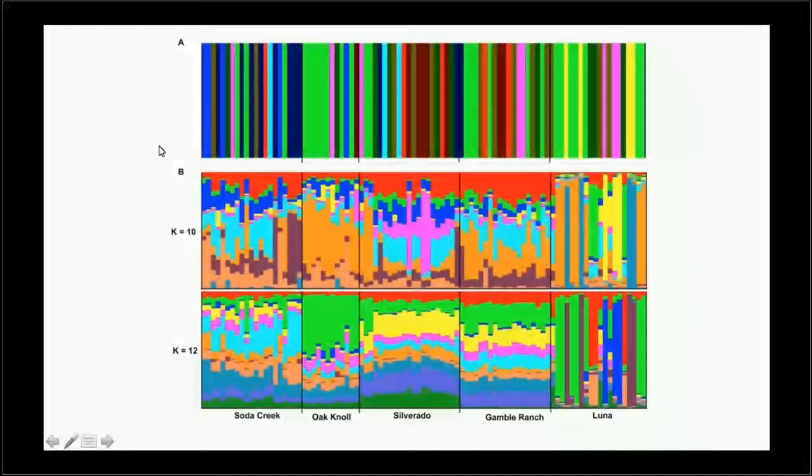What you would expect would be to see a solid color for each one of these different blocks. And what you see is exactly the opposite. So essentially, we could not assign an isolate to any vineyard because of how much diversity was already established in the area.